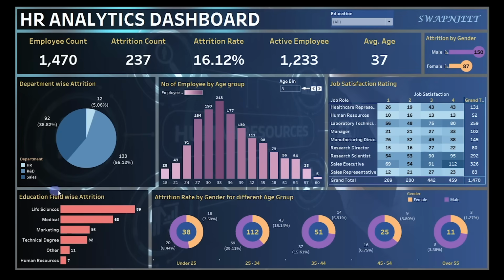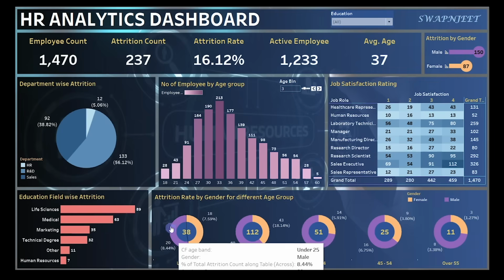Then we have education field wise attrition, that is, with respect to each education field, how many people are leaving. This is a simple bar chart. Then we have a multiple donut chart with respect to age bands, showing how many people are leaving